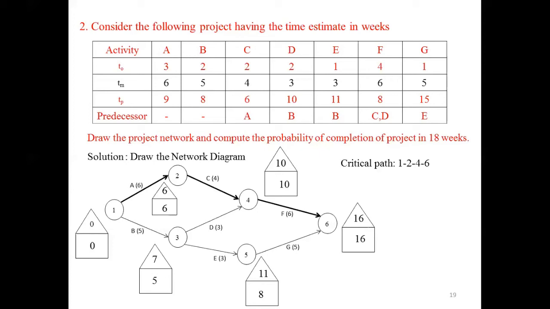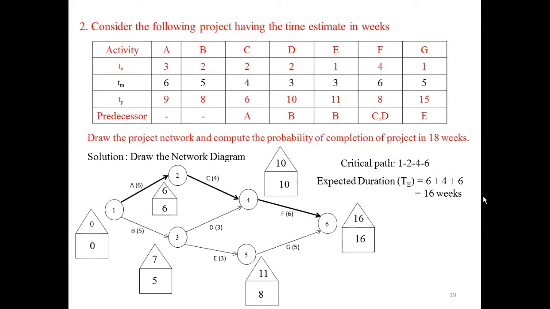We have to represent it as a thick line. That is, before drawing a thick line, you have to construct this network drawing in a thin line. After identifying it as a critical path, you have to draw it as a thick line. Or in some textbooks, they would refer to a double arrow mark that represents a critical path. After identifying the critical path, you have to calculate the expected duration, that is TE.